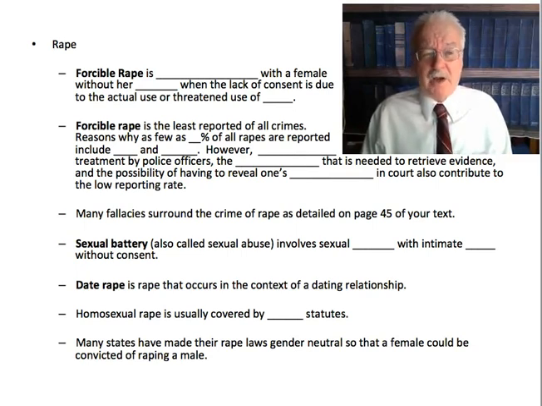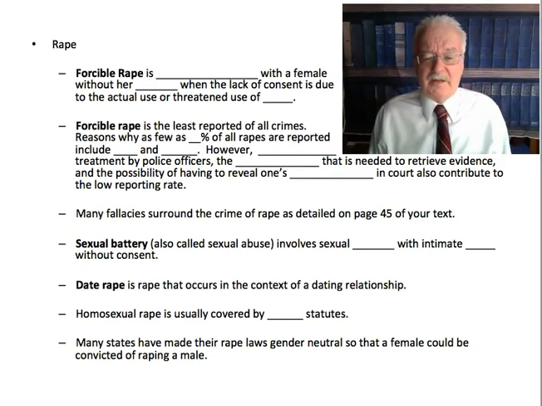In fact, about the only questioning of a victim's prior sexual history might be with the accused rapist, if the allegation is that it was consensual and a common practice. But these factors also contributed to the low reporting rate. Some think as low as 16%. Now, there are also many fallacies surrounding the crime of rape, and these are detailed in your textbook, and you should take a look at them. But these are issues like seductive dress by the victim, she was asking for it, things like that, which really have been proven false.